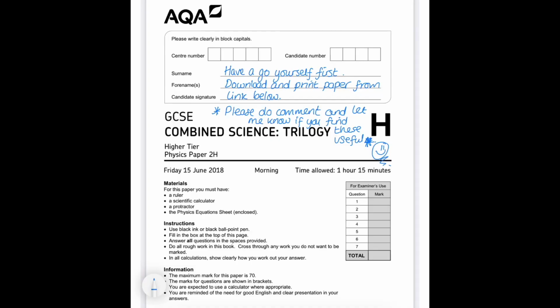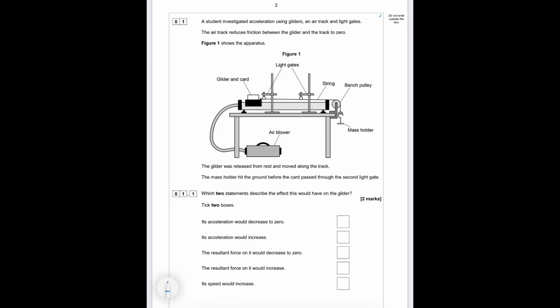Hello everyone, so today I'm going to be explaining the Physics Paper 2, the higher paper. This is a paper from June 2018 and we'll go through every single question just to make sure that you understand properly. So if we look at this first question, a student investigates acceleration using gliders on an air track and